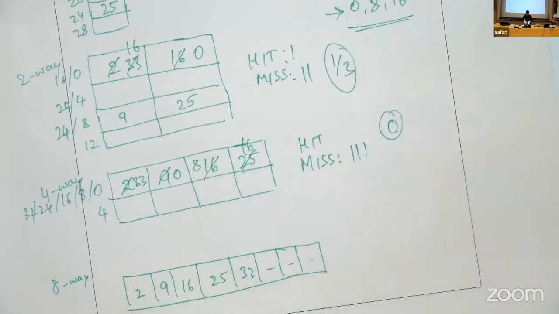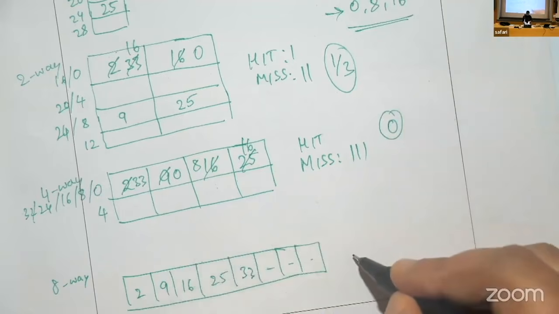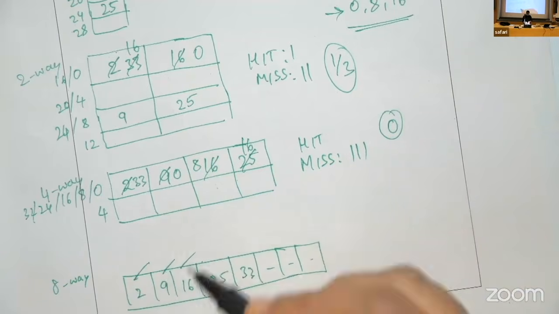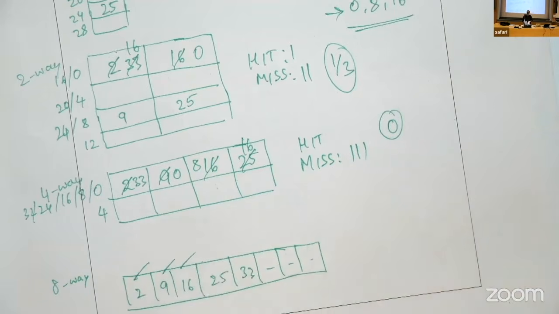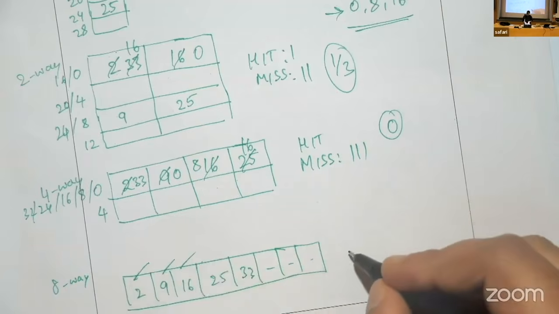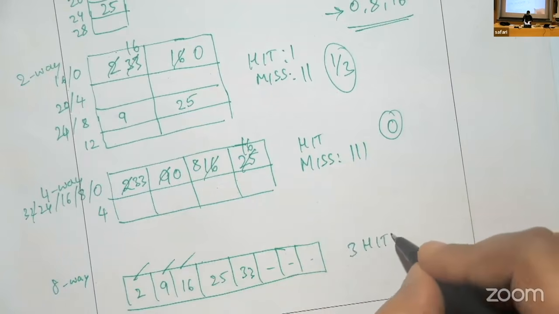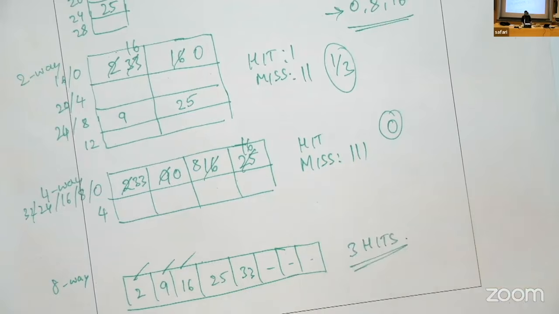So here you will have 0. And with 0, 8, and 16, you can get 3 hits because you already have the cache blocks with these addresses. So you get 3 hits. So here we found a unique solution, or found these 3 addresses which can